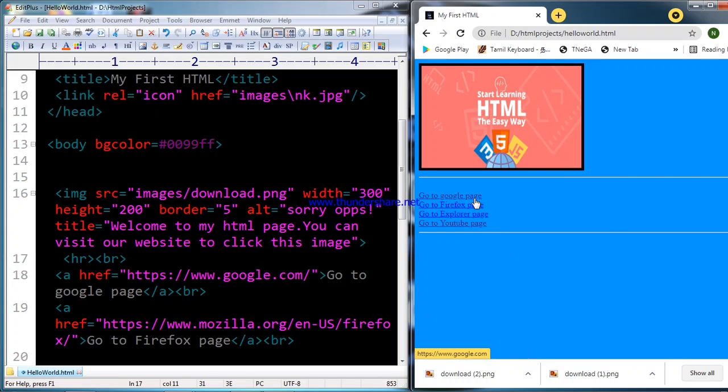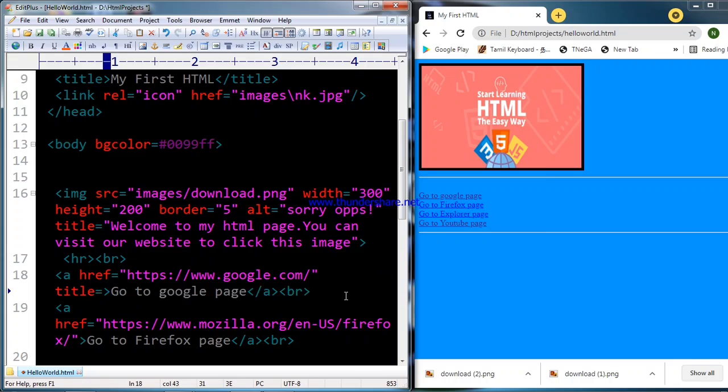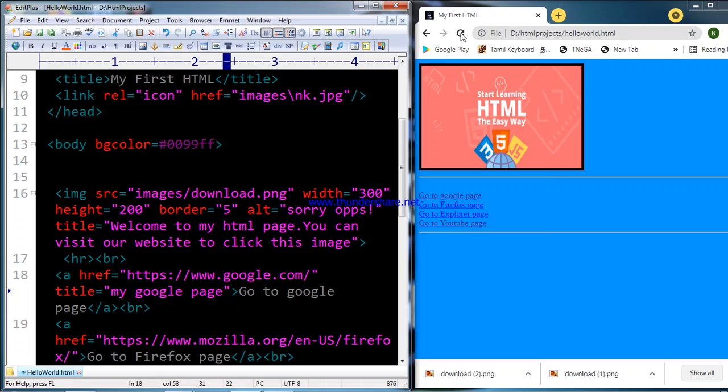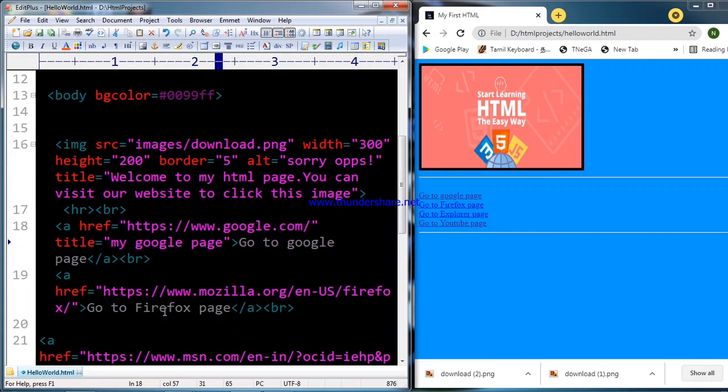If my alignment is not proper, I am using some elements to rearrange my text by using the hr tag and br tag.